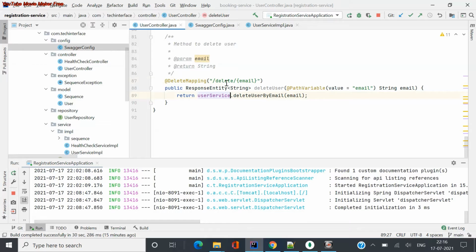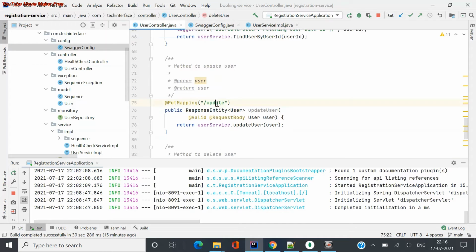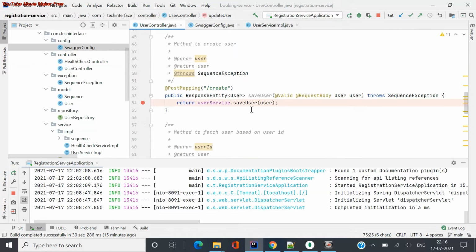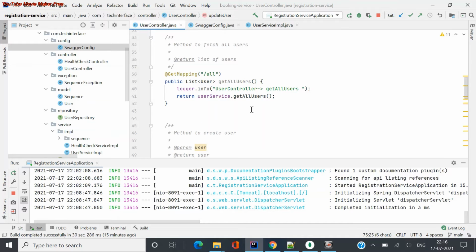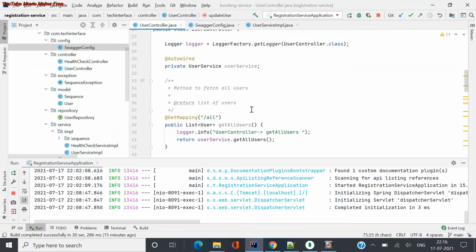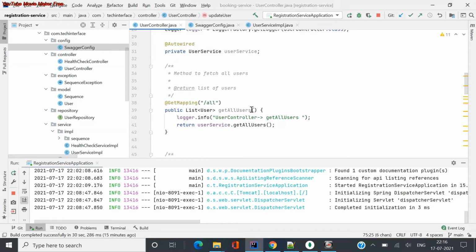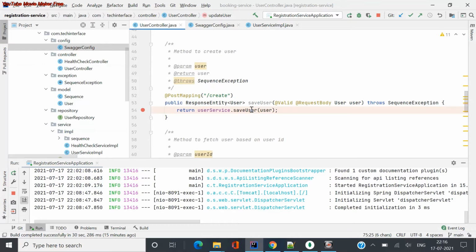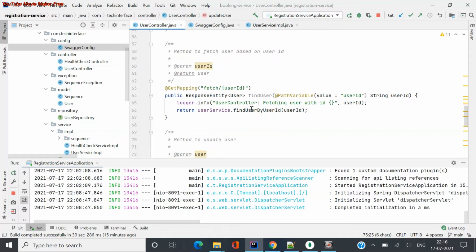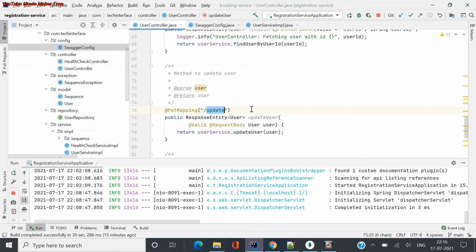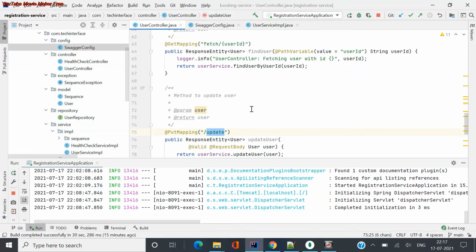So it generally gives, yes, user slash delete slash email is my path variable, so I need to provide the email as an input there. So if you use slash update, you can see that update here. So you can generally see all this information. It clearly explains to any of the users what you are doing, how you are doing it, and what information you are passing to each method as a parameter, whether it is a request body, whether it is a parameter, whether it is a normal path variable, whether it's a request variable. So all this can be defined here very clearly.